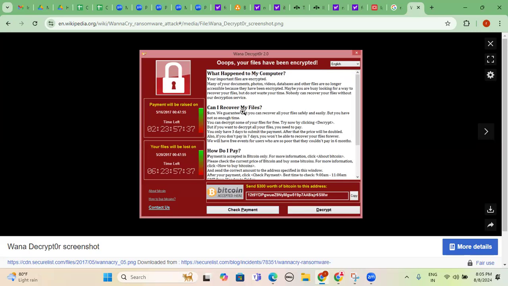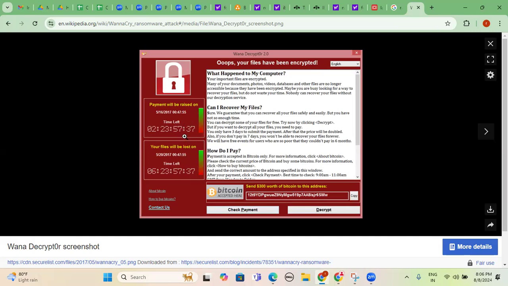Similarly, can I recover my files? Obviously, if you don't take regular backups, it's not possible. For that, you have to pay money. Here the payment will be raised on a timer of approximately 2 days, 23 hours, 57 minutes, 37 seconds, so approximately 3 days.